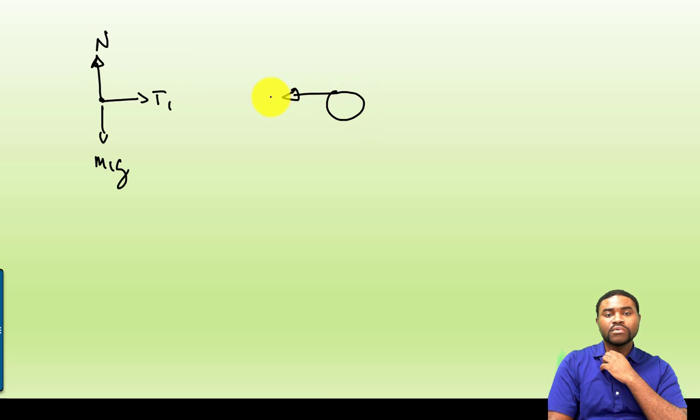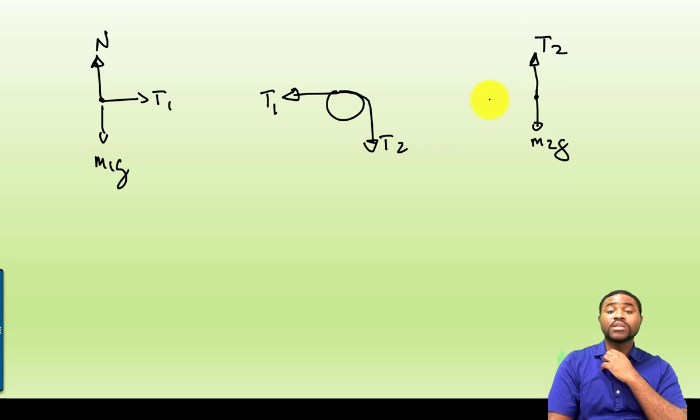So if you draw the free body diagram for the first block, this will be T1, M1G, and for the pulley, T1, T2, for the hanging block, M2G, and the T2. Now, for the block, we will use the fact that the summation of F equal to MA